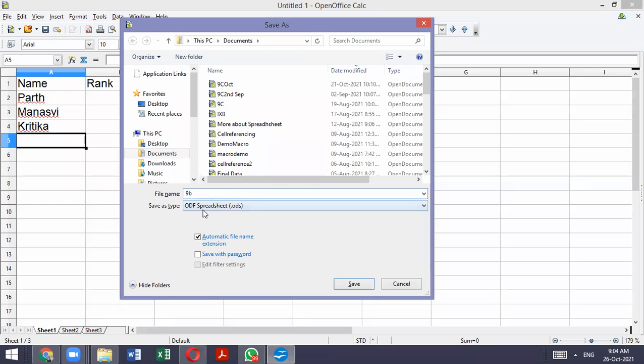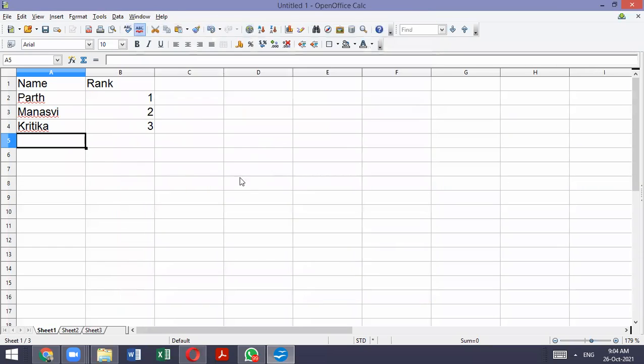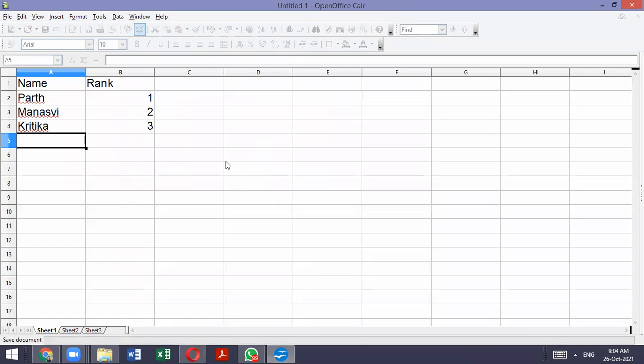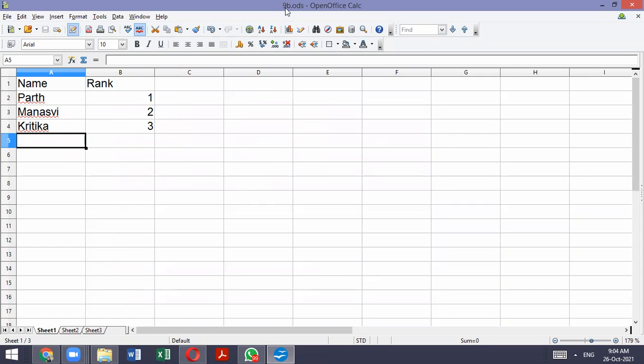You can observe the extension, that is .ods, and then click on the save button. Now you can observe that the name of the workbook is changed to 9B. That is the name of our file. So this is the way to type the content, enter the content and then save the content.